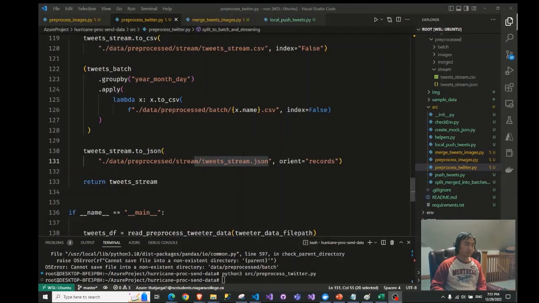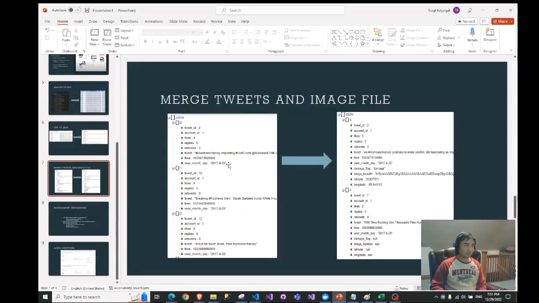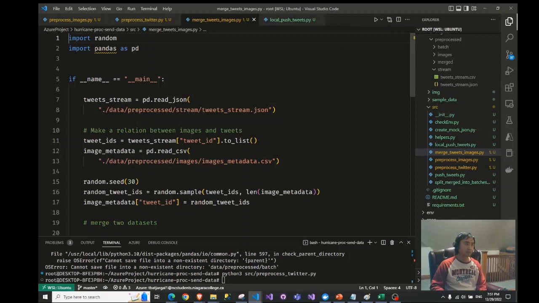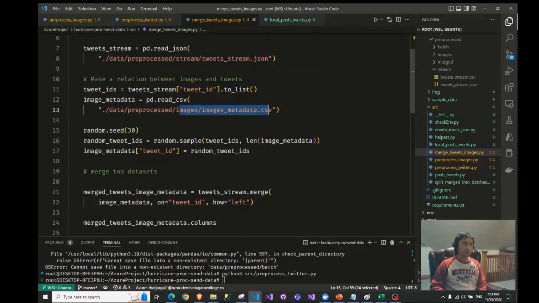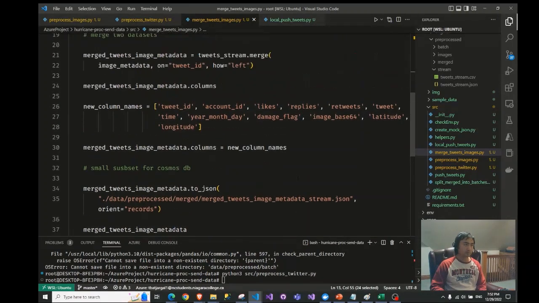Now we just created this JSON. This JSON is here. Next step is we're going to merge it with the image, and then create this JSON file. In order to do that, we're going to use this old JSON and the image CSV file. Then we merge them into this JSON file using